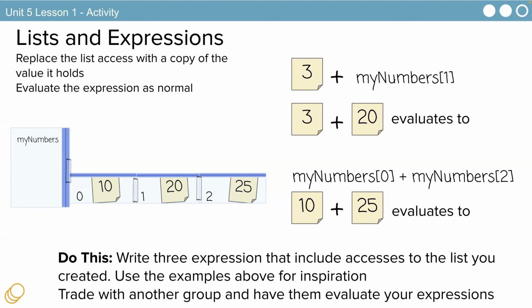You can add two of these together: myNumbers at index 0 plus myNumbers at index 2, 10 plus 25. Not rocket science. Mostly anything you can do with variables, you can do with lists. It's just that you have to put in the index number.